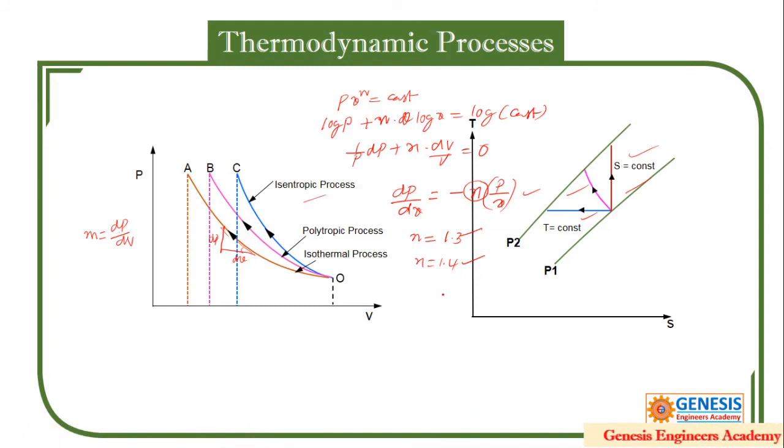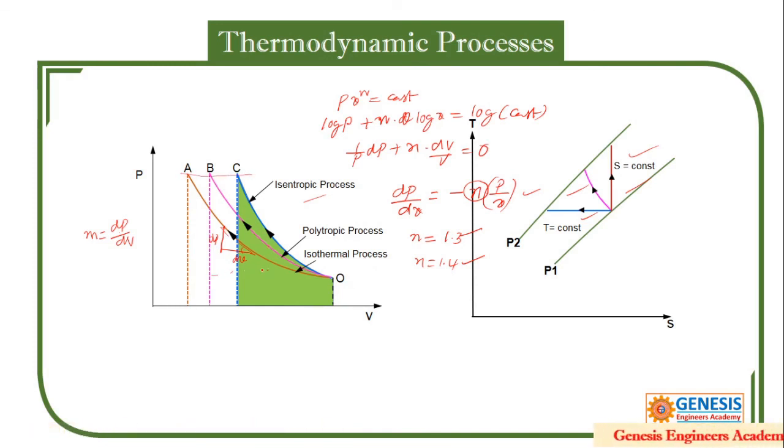Now my task is to find out the area. Since it is a PV diagram, this gives you the work done. By seeing this, which requires less work, or which is going to produce more work? Can you judge like this? Though the pressures are the same, we cannot say the areas are the same.